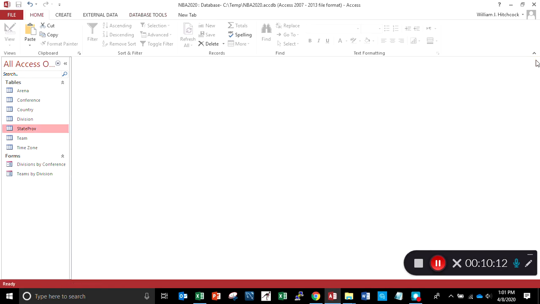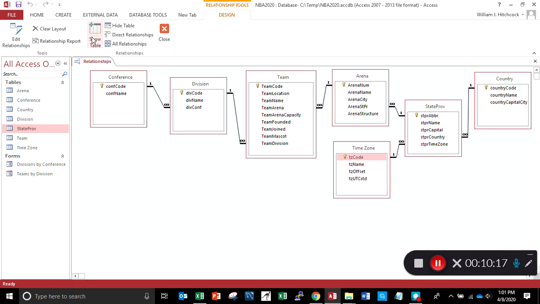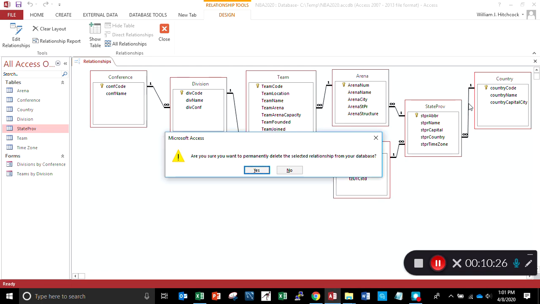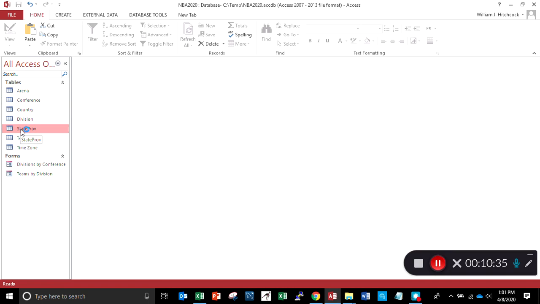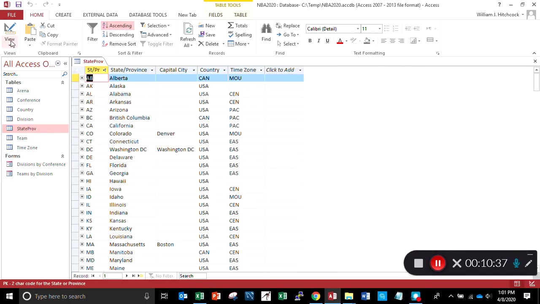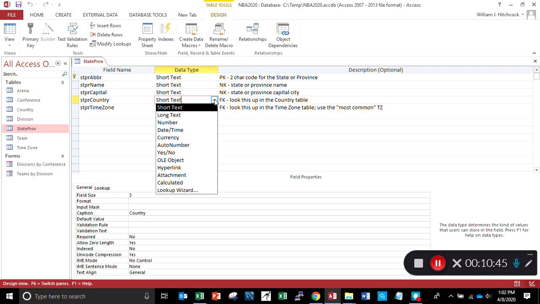Let's close this. We'll go back to Database Tools, open up the relationships, choose the relationship between country and state and province. If I click on that and hit delete, it says, do you want to permanently delete this? Yes, I do. And now that relationship's gone. So I can close this up, go back to state and province, change the view, make it design view, come down here for the country, choose the lookup wizard,